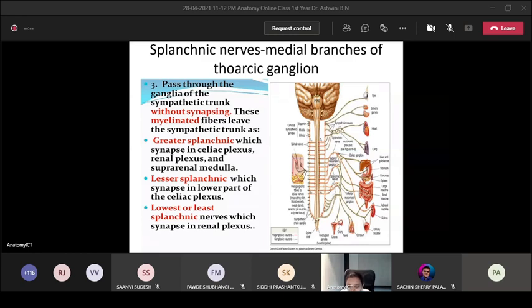So, the sympathetic nerves supply the skin. Either it may be vasomotor, which is constriction of the blood vessels. With constriction of the blood vessels in the skin, it increases the blood supply to the important organs such as the heart, brain, kidney, and so on. And pilomotor is erection of the hair follicles present on the skin.